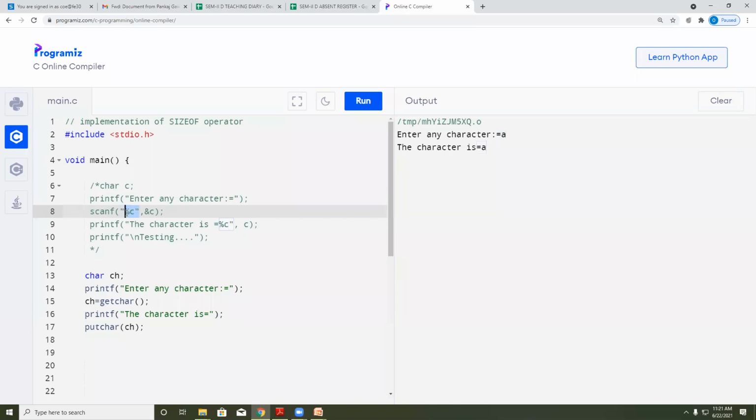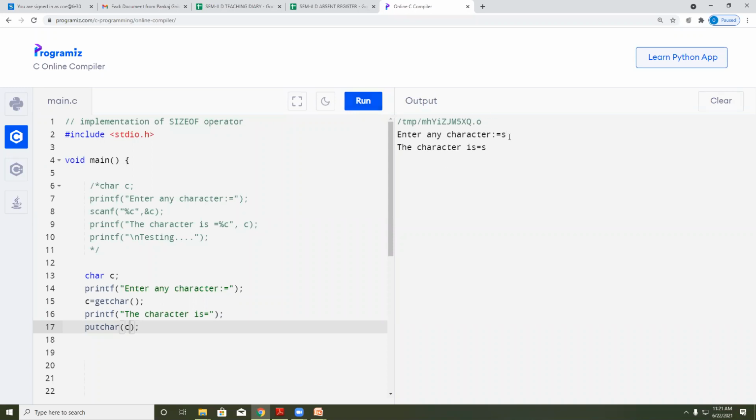Okay, हा getchar function हे कशासाठी यूज करतात? Only it is implemented or used for this character type of values. Okay, let's see if you have any doubts, like if I use C instead of this ch.